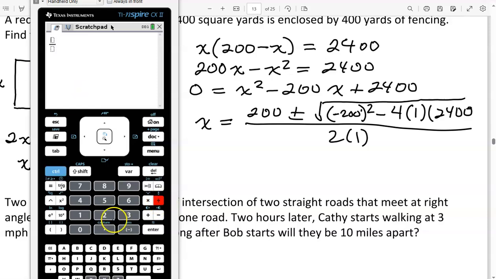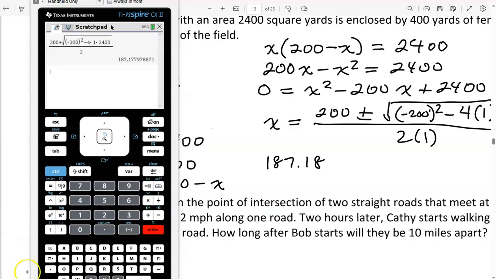Control divide for a fraction. Numerator is 200 plus the square root of, and if you don't use parentheses here for the squaring, you'll get a wrong answer, so be very careful. We want to square the negative 200, not 200, and then take the opposite of it, minus 4 times a, which is 1, times c, which is 2400, and then that's all over 2. So we get 187.18, and then our second solution may be found